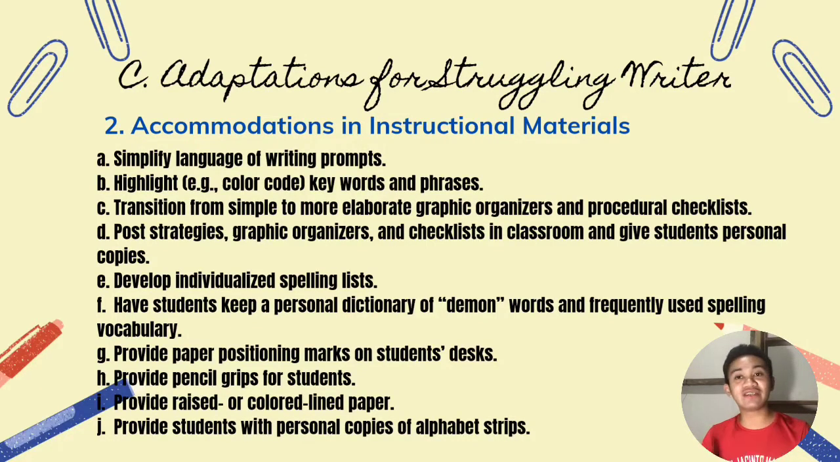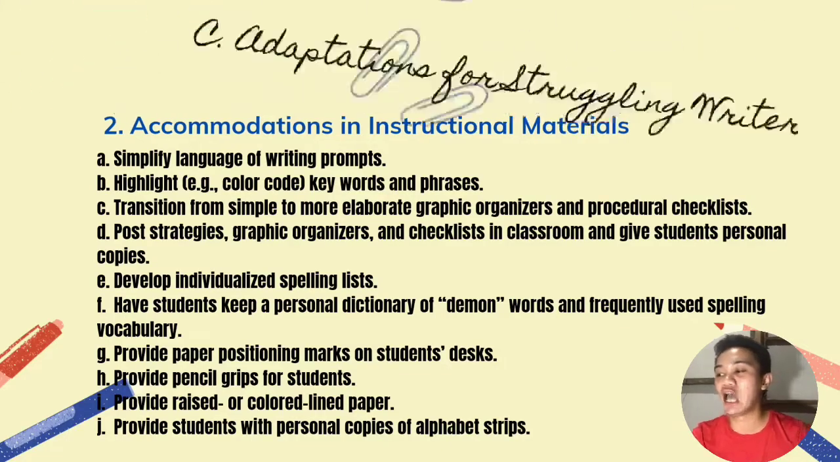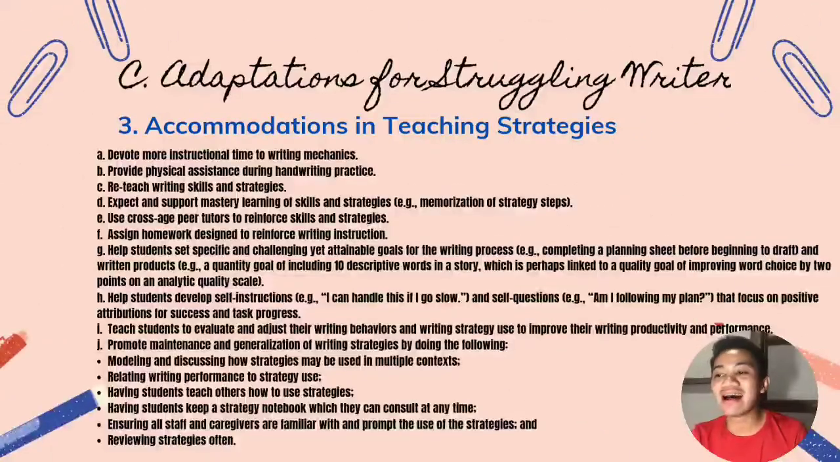And we need to highlight words or phrases, keywords or phrases that could be notable and unforgettable for them, in order for them to familiarize and memorize those techniques that we have. And also give them a list of vocabulary, or some words that are not familiar to them. Also give them an individualized spelling list. And for the third one, we have